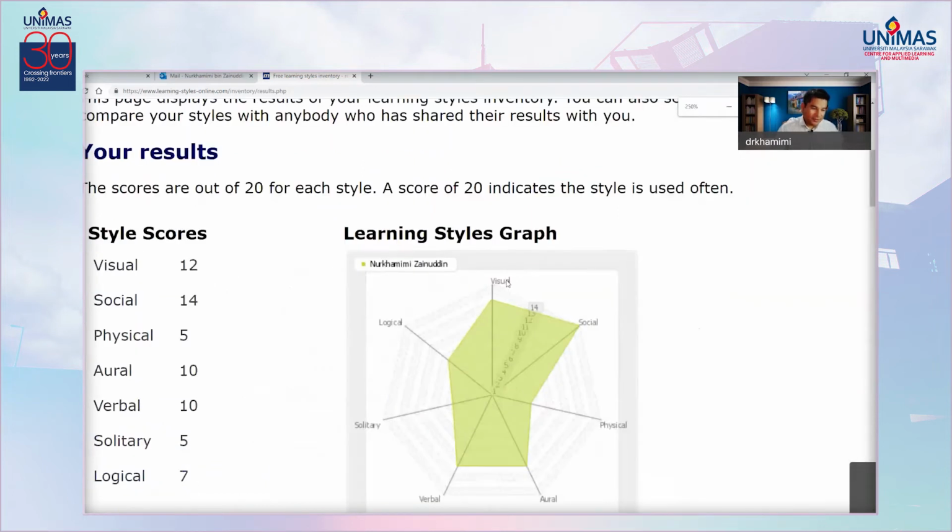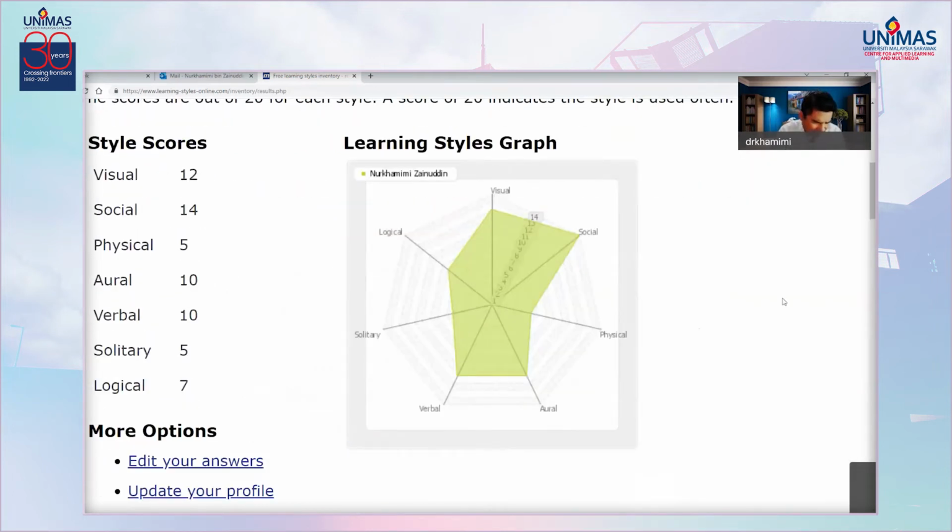Okay. So as I mentioned, we have been asked by Dr. Azhar last week about perhaps some of the students may have more than one learning style or learning preference, but which one is more dominant? So like myself, I have 14 marks for my social, for my oral, and for my verbal. So that means I'm a social person. That's why when I teach, I would like to have some kind of grouping. And when I learn, I prefer study group rather than study on my own pace.